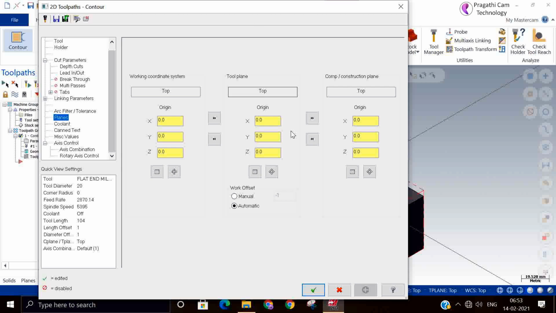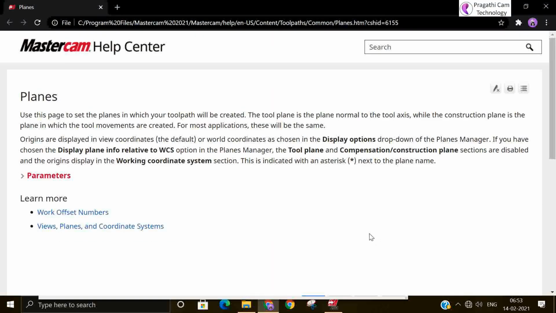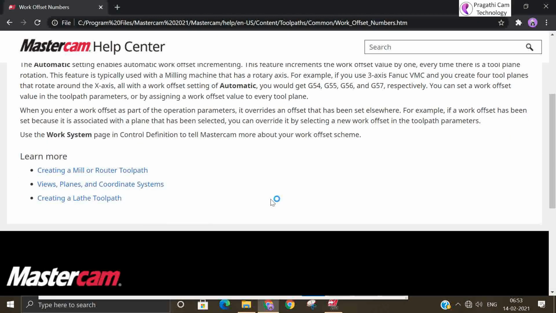There is one more option, the work offset. This may be useful. You can use G54, 55, 56, different work offsets, with this particular application. So we go to the help center and try to learn the fundamentals.